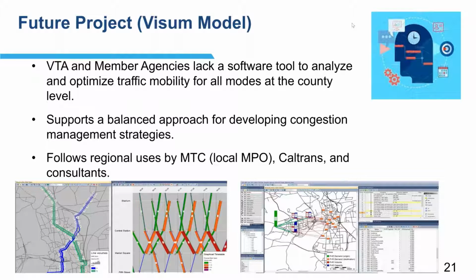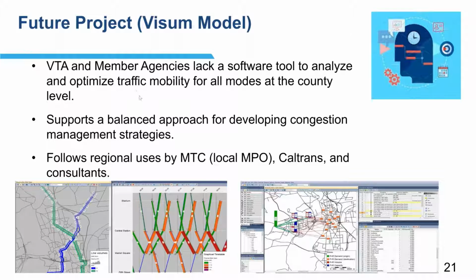So our goal here is to maximize the flow of traffic for all modes throughout the county, whether it's bicyclists, transit, or pedestrians, and also to be able to present several different scenarios to our elected officials, the board of directors, so they can make a decision, right?